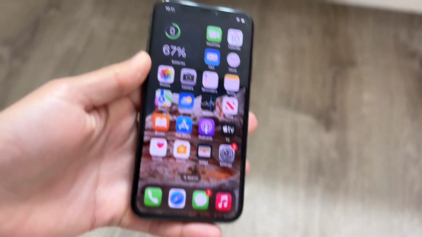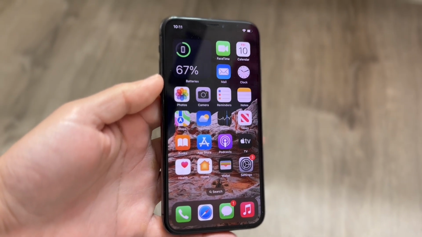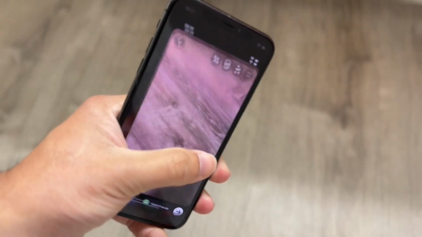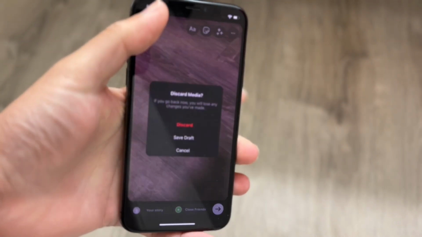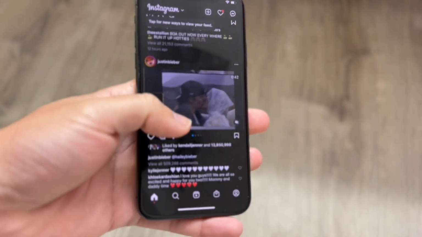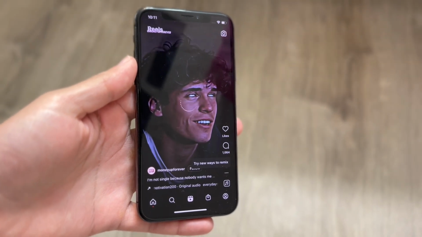So you might be in this really weird situation where for some reason your Instagram Reels are just not working. Now, what does this mean? Well, Instagram Reels is one of those applications that Instagram has made. It's not an application, but it's a feature within Instagram that allows you to see all these different videos and features that are going around. If for some reason you go into Instagram Reels and it's not working or there's issues going around with it,